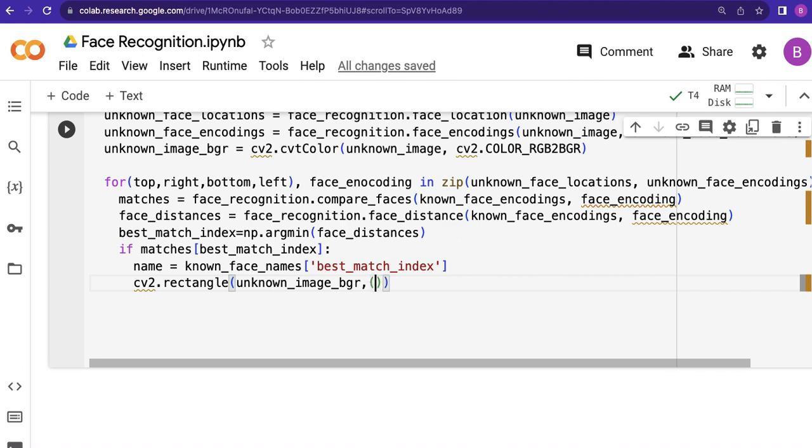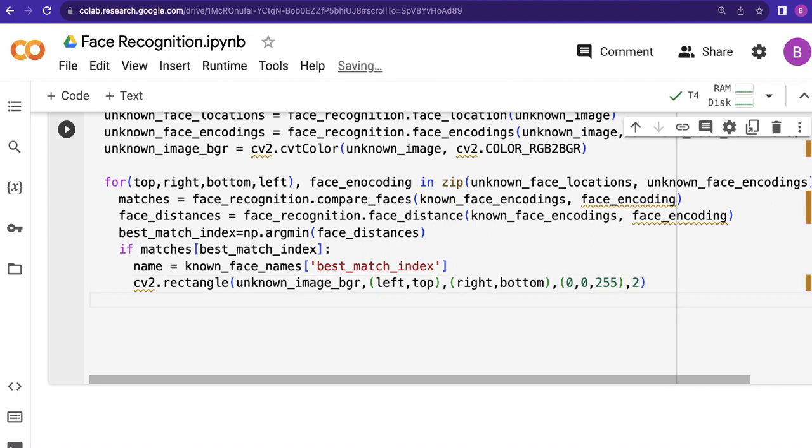So left, we are going to put a rectangle around that unknown image, comma right bottom, right? So 0, one more bracket here, so 0 comma 0 comma 255, right? So that BGR rectangle, the red color rectangle we are going to put here, and 2, right? So this is the width of the rectangle, right? And then